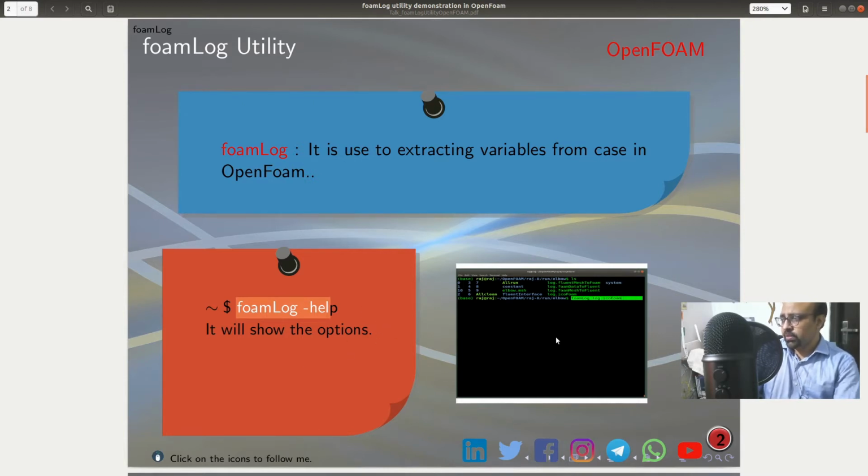Here is one picture showing the case study which I have done. It is a default tutorial I have executed here, just to demonstrate the main idea. You can see here there is one tutorial case which I have copied from the source code of OpenFOAM. Then you can see the elbow tutorial we have copied and executed. These are scripts, so that